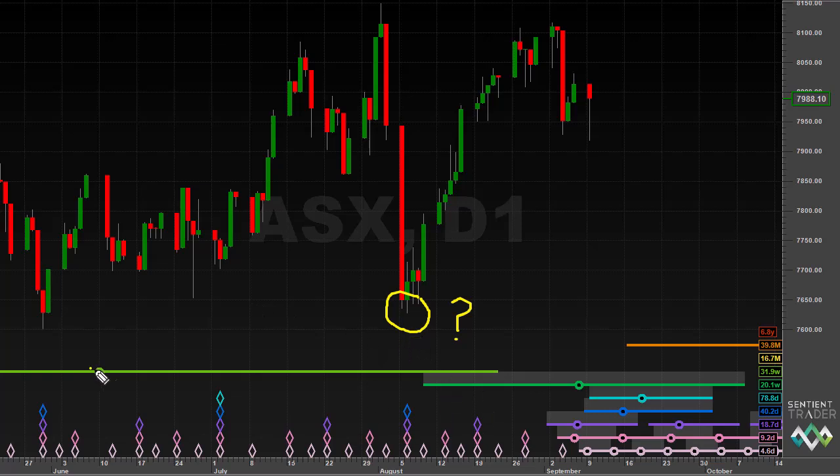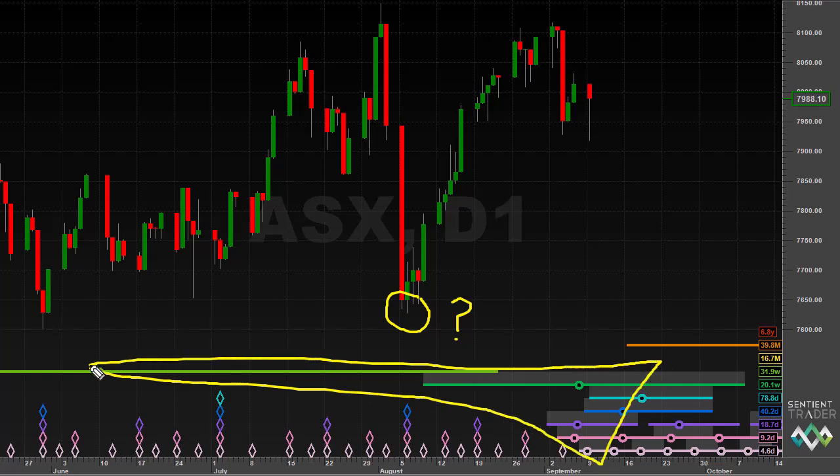We have a very messy nest of lows for this 40-week cycle trough, indicating that it is certainly possible that the 40-week cycle trough did occur on the 5th of August, and it is also possible that the analysis is going to shift soon to display that possibility. However, as discussed in the previous market update video, we have not had any anomalous price action.